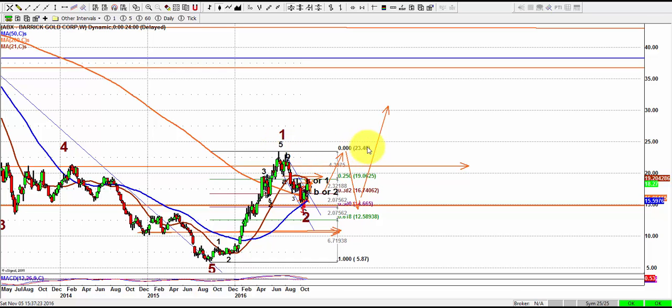The 23.46, which is the top, one day would look very cheap. This price would look like a bargain. Right now we closed at 18.27. It went down to check almost where are we? 16 roughly. Okay, so it's beginning to climb back up, and I'm here to tell you that I do not